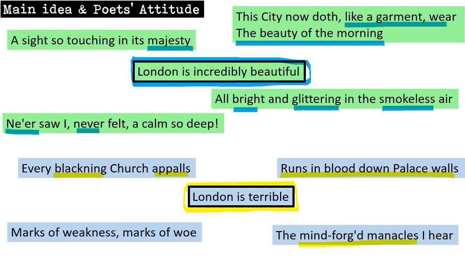And then the repetition of marks, the idea of the scarring or the damage that the city's created. And you've also got the use of the W here, the alliteration, weakness and woe, emphasizing these negative features, the emotional trauma that the poet is describing about the people in the city. So those are a whole handful of quotes there, and some of the things that you could write about as you explore and compare the main ideas and the poet's attitudes towards the same place.